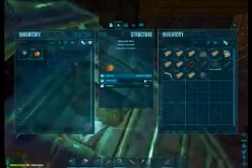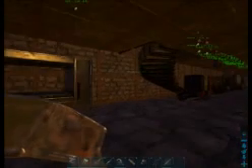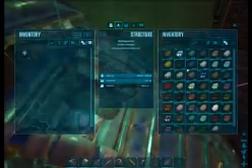Alright. For the ingredients, you need a flammable source for all of this. Alright. I'll show you what the egg looks like. Allosaurus egg